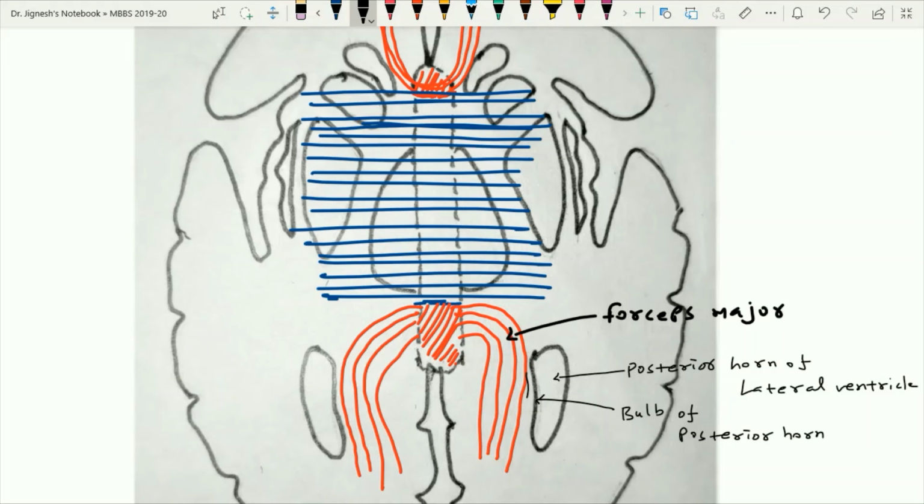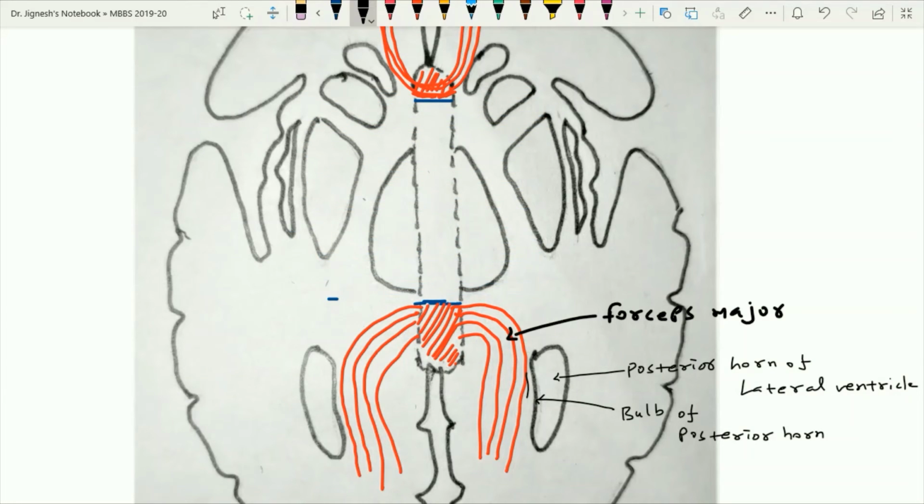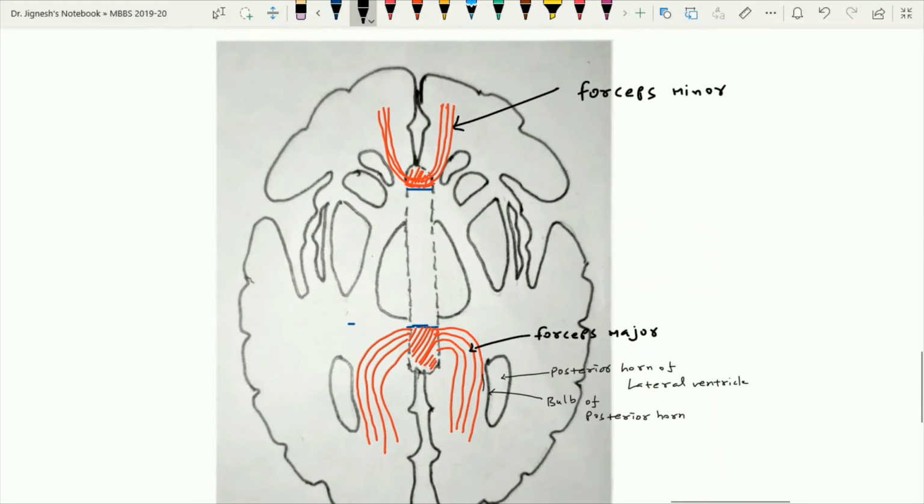One more word is there, that is the tapetum, and to understand the word tapetum, we have to orient with the structures within the horizontal section. So here in this horizontal section of the brain, this is the body of the corpus callosum, and here this is the thalamus on each side of the lateral ventricle, and this nucleus is the lentiform nucleus. This is also lentiform nucleus, and here this is the caudate nucleus, which is the head of the caudate nucleus,